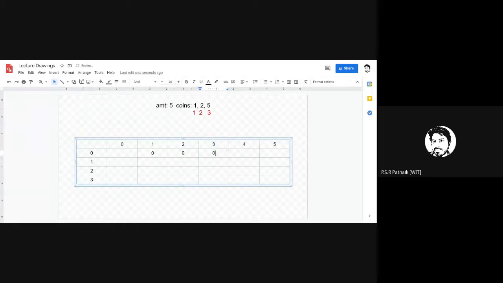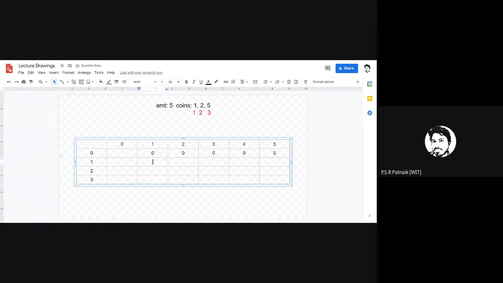My coin indices are at index 1, 2 and 3, not at index 0. So when I say all the coins till index 0, it means nothing. I have 0 coins. With 0 coins, can I realize amount 1? No, the answer is 0. Can I realize amount 2? No. So all these values will be 0, 0 and 0.